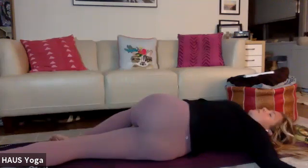Making any little maneuvers to find the twist of your liking, to find the sensation of your liking. Unless you really feel called to cushion under the knee or cushion under the shoulder, I'm going to encourage you to go without the props and just allow the body to eventually get a little closer to the mat. Let gravity do its magic